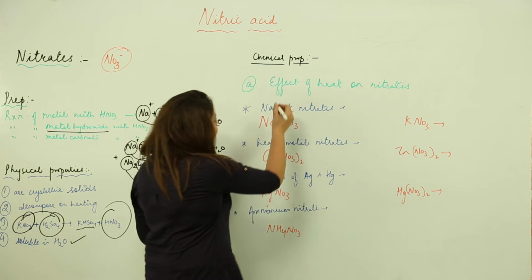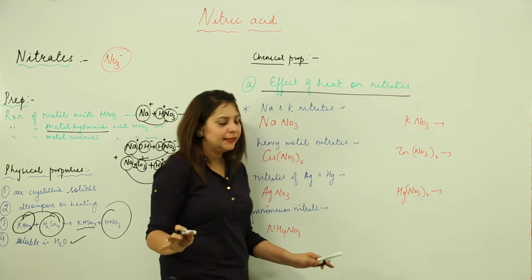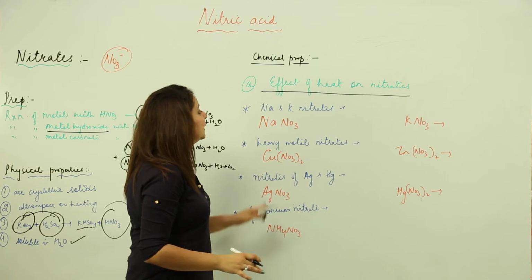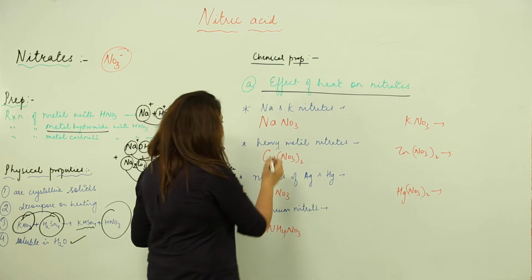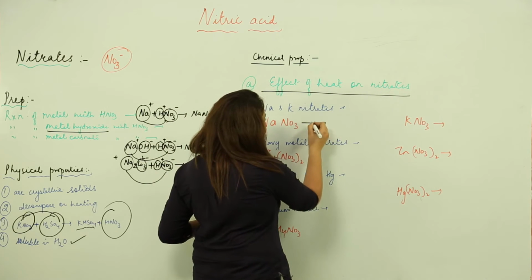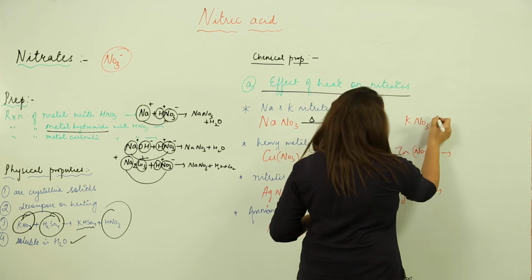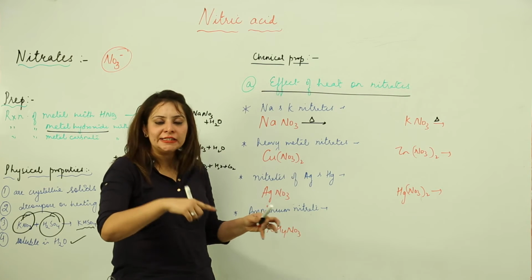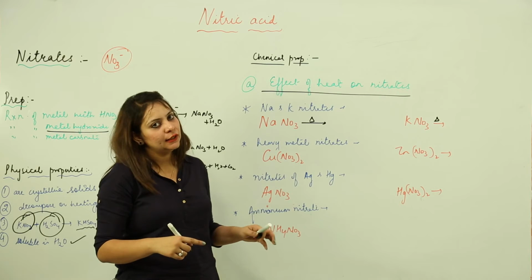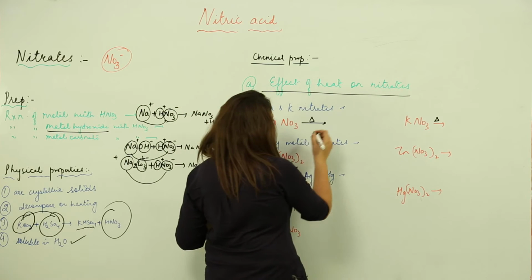So we are going to heat the nitrates, again it's clear. The first is that when we heat up sodium and potassium nitrate, what do we get? I have potassium nitrate, I am just heating it because it has to decompose on heating, right. So I need to put a delta sign which will indicate that we are heating, and on heating it undergoes decomposition. So we get